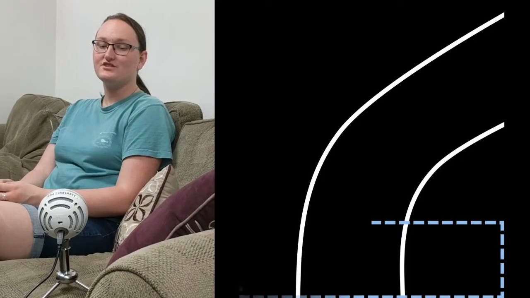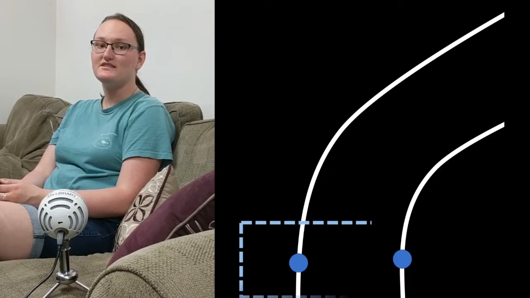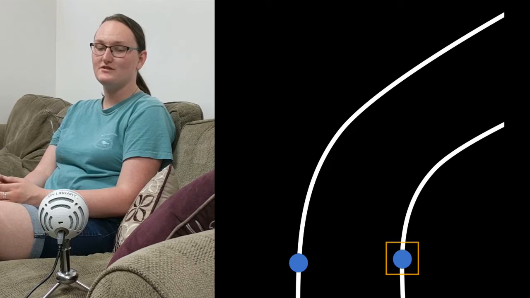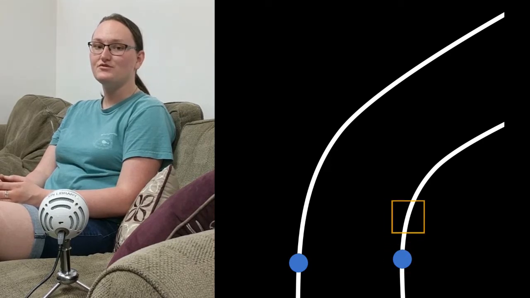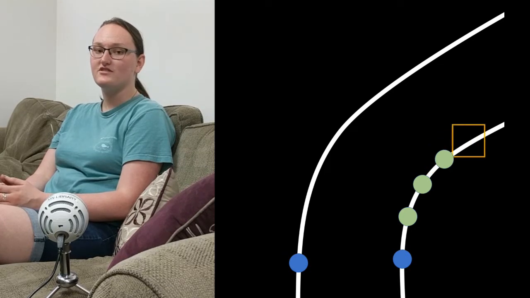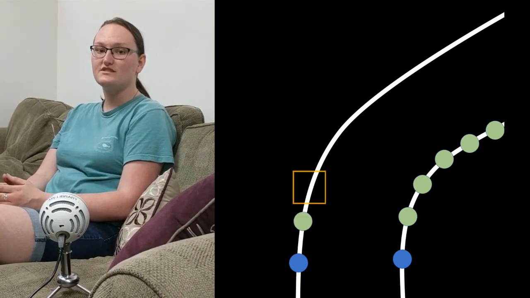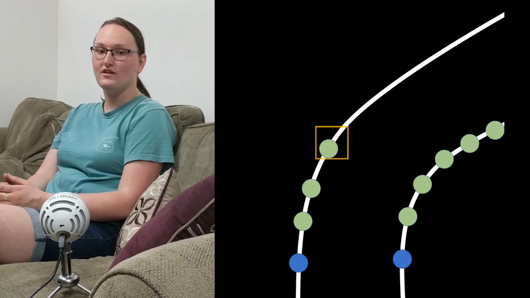With this result, our next task was to find and represent the path of lanes in the images. We approached this problem by using a clustering algorithm combined with sliding windows to find waypoints along the lanes. First, we find the initial points of the lanes by applying k-means clustering to the bottom section of the image. Then, we incrementally move a search window along the lane. After each slide, the window adjusts to the average location of the lane marking pixels it detects. Each window's center represents a waypoint along the lane.